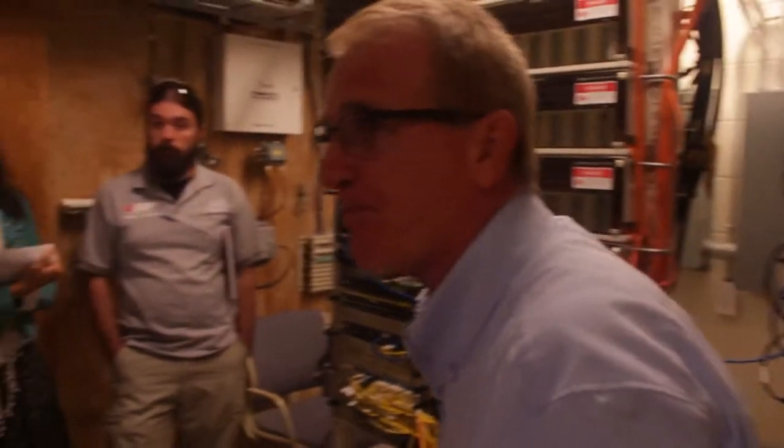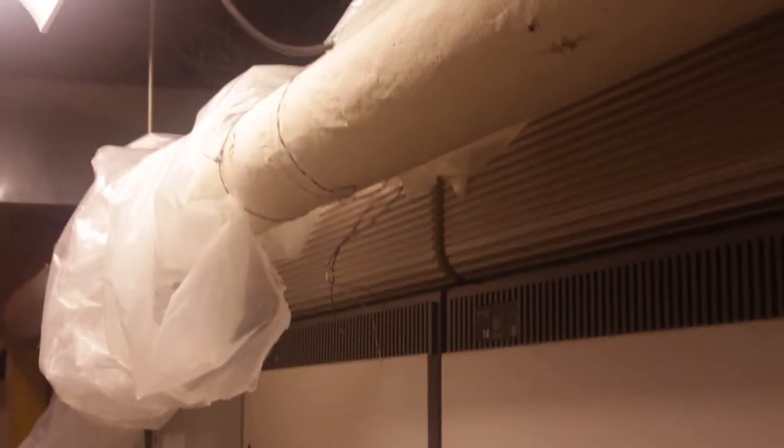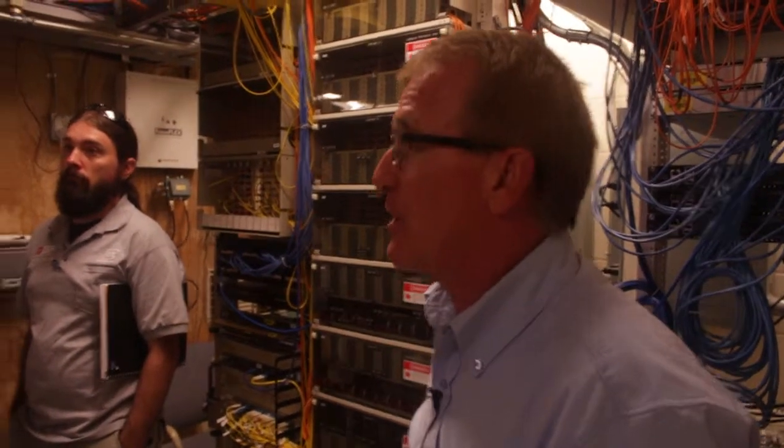How do you deal with the plumbing situation? I mean, if you had a plumbing leak, what do you do? We come in and cover it with plastic. You can see, look right behind you. So we have to run in here, cover it with Visqueen, so that the water is not dropping on top of the active equipment. That's all you can do. You have to keep it operational, and